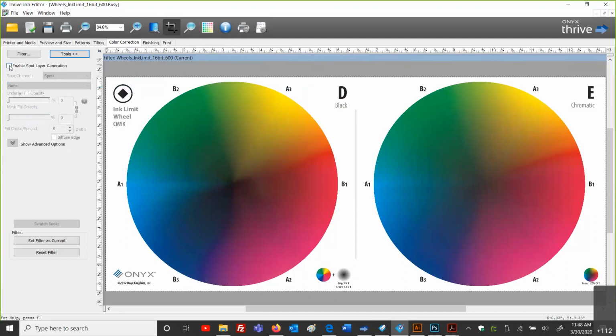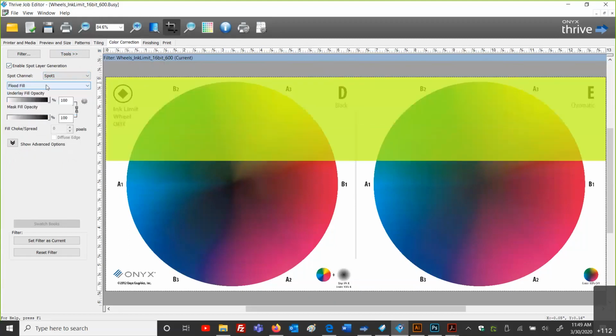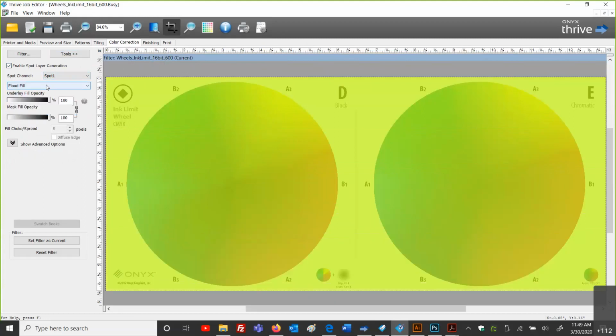I would enable my Spot Layer Tool. I could select the color. I've only got spot 1 or white. And now I can apply the type of attributes. If I said flood fill, I get the flood fill display. And there's my 75% opacity for display purposes. It's still going to print at that amount. I put 80%, 90, 100 for my white ink, but this is the display generated at 75% opacity,